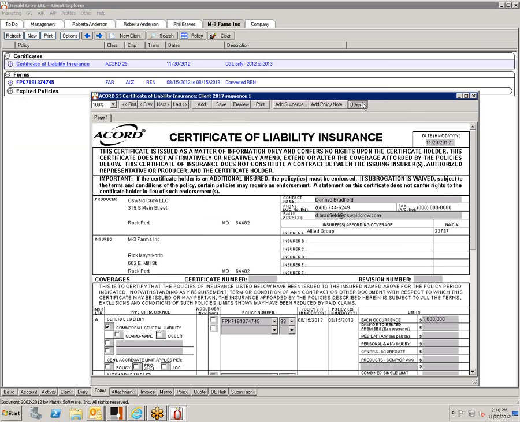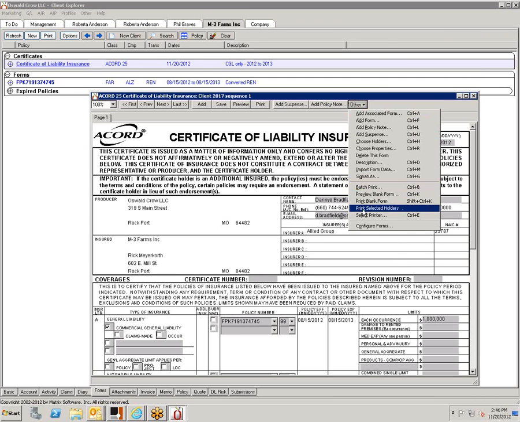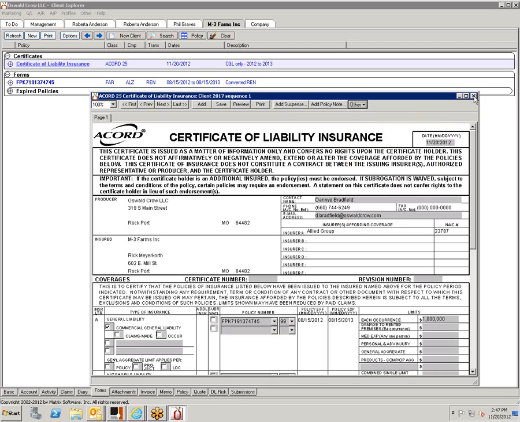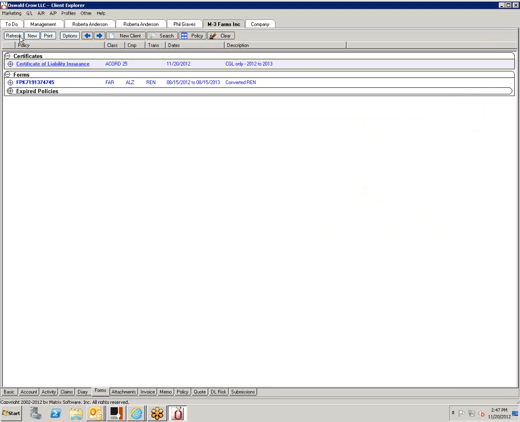I can close this, and I can either print it and print that selected holder, or I can batch print and email it out to one or multiple email addresses. Okay? Okay, looks good on that.